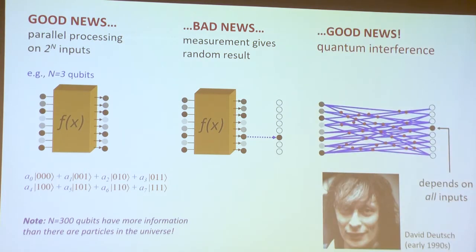So David Deutsch is really the fellow who put this together in the 90s. And he showed that there's more to it than just simply measuring. What if we do something to these qubits before we measure? And this is, again, really hard to draw. But I'm trying to, with these red dots, denote interferences between these 8 amplitudes. And there exist problems that can be cast in this form where almost all of the qubits interfere so that the amplitudes go to 0, the weightings go to 0, except for one or a few, a small number. Not all 2 to the n of them, but a small number. And they can carry lots of information on all 2 to the 300 inputs if we have 300 qubits, okay?